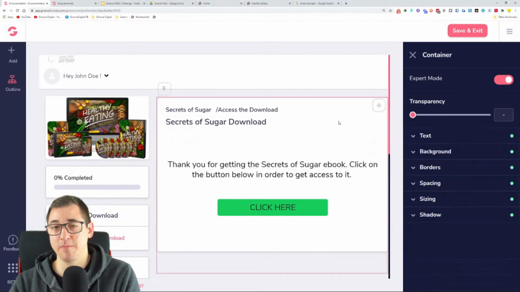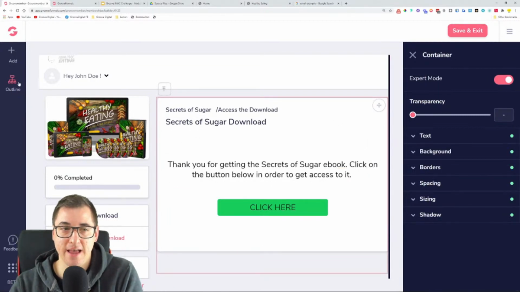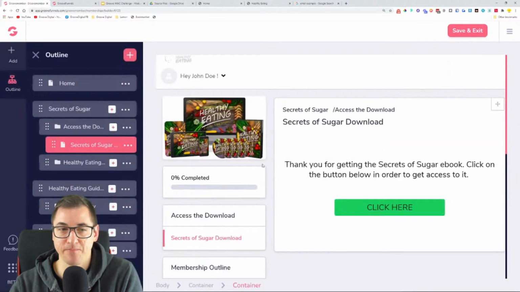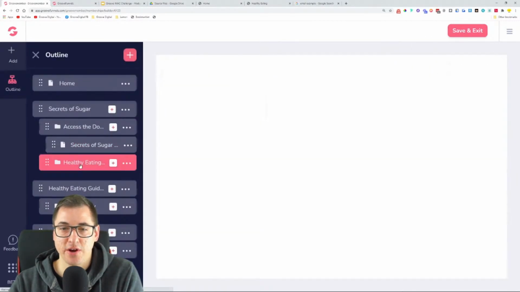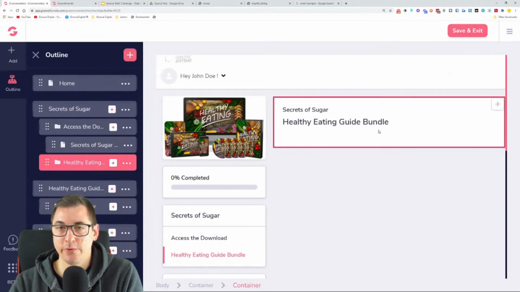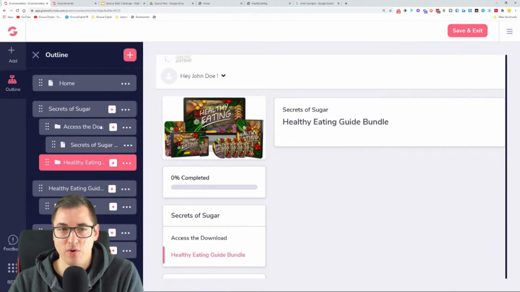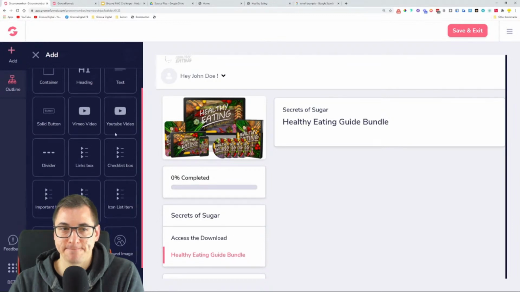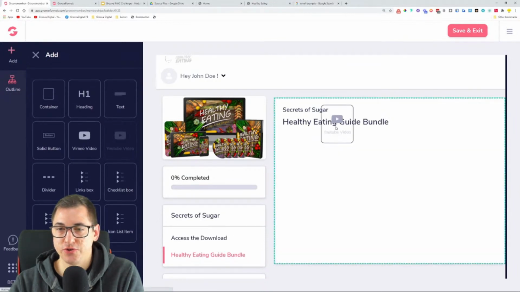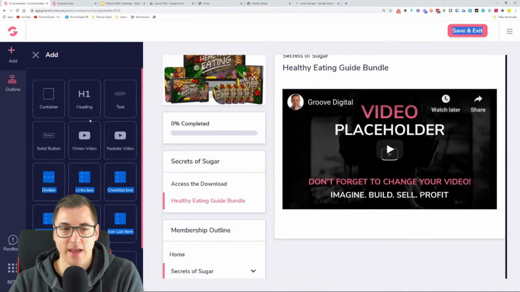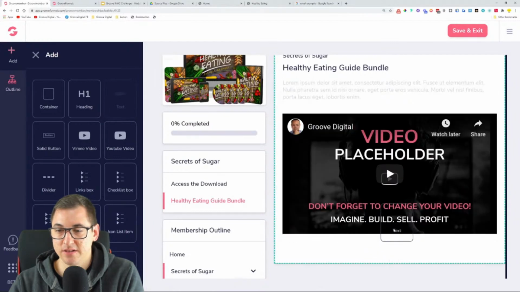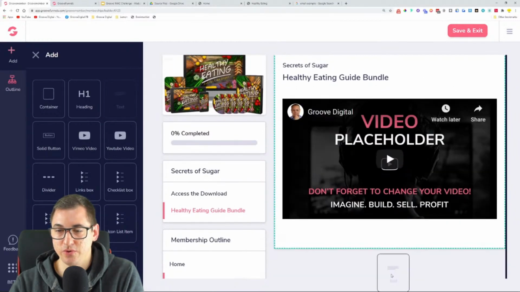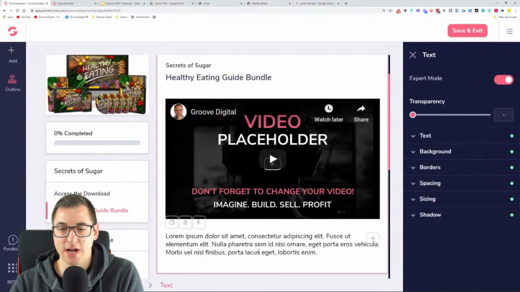And this is the actual page where people can get the Secrets of Sugar ebook. So this is done. And then over here, we want to set up an option to upgrade. So if you have a video, which we do have, we can put it on here, the upgrade video. So let's just choose YouTube. And we can set up a button again, or we can set up a text in the middle to get people to upgrade to the actual